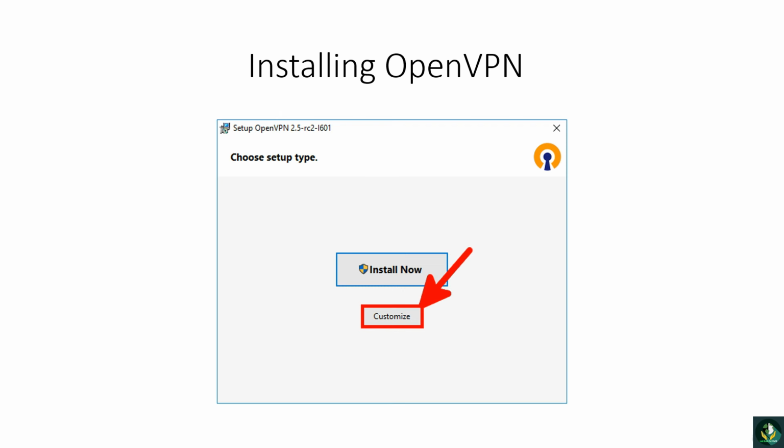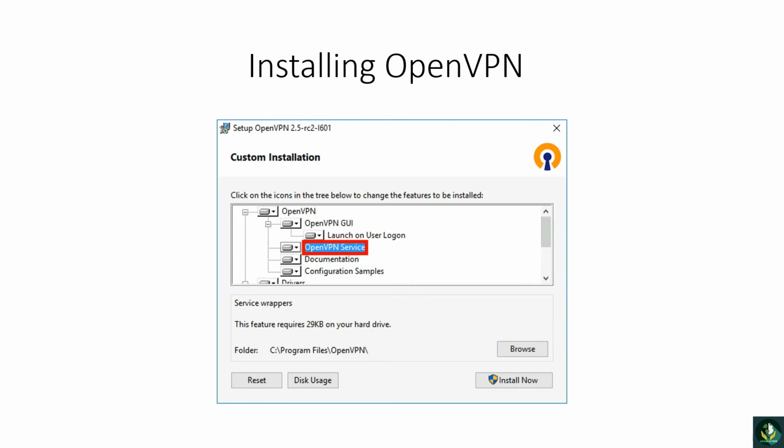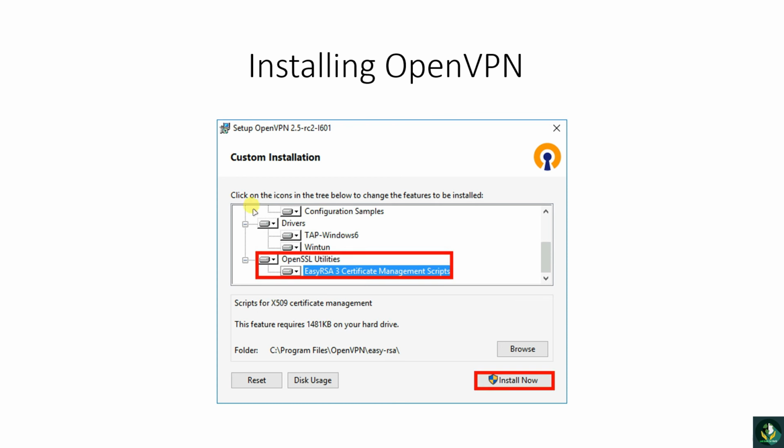If you want to install OpenVPN as a server, we need to choose Customize, otherwise you cannot use OpenVPN as a server. So click Customize, then click OpenVPN Service, because we need to enable the OpenVPN service in order to make it work at boot. Then we install a utility called EasyRSA 3 Certificate Management Scripts. Simply click this, then click Install,